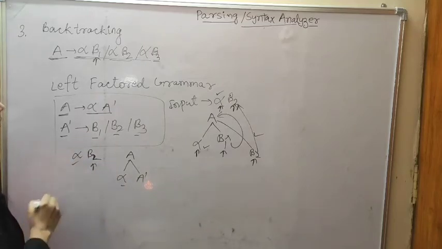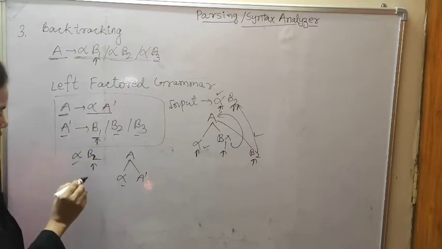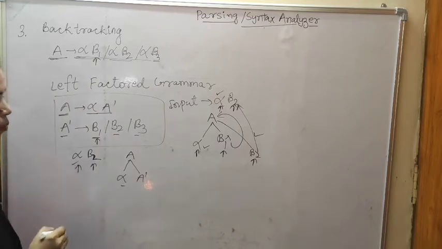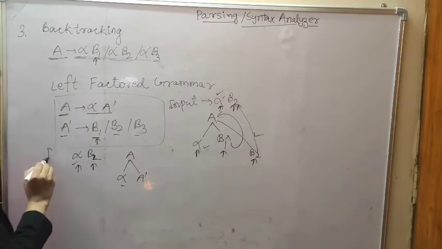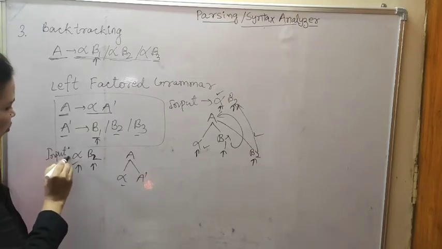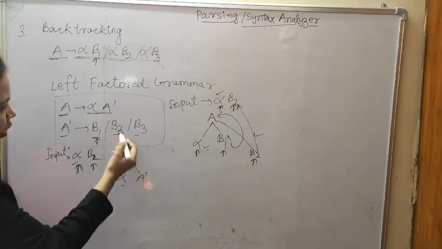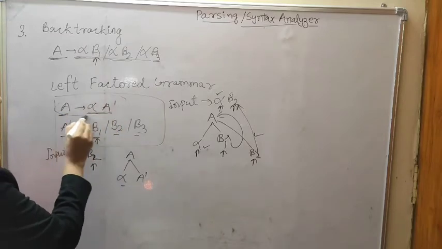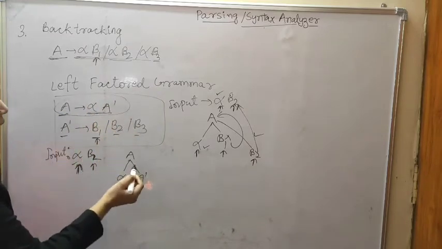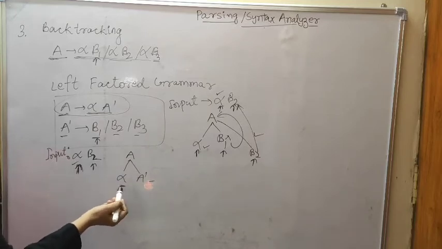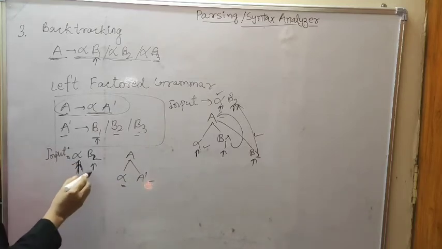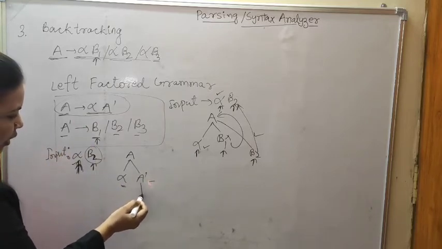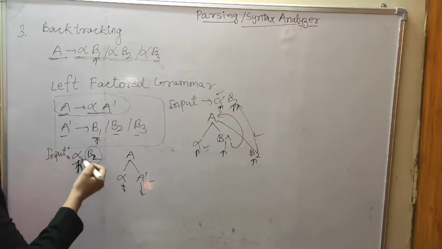Okay, then what is given? Beta 2, we are checking here, beta 1. This is the method. In the left factor method, we are looking first for the input pointer. So that is why we got alpha, and alpha A dash is written. Whenever we check, alpha is here, I am searching where alpha is given. So that is why A to alpha A dash is written. Now we will go to beta 2, because alpha is already in the reduced form. So then beta 2 is given, I am going to the A dash, because alpha is already reduced, so we cannot reduce it.